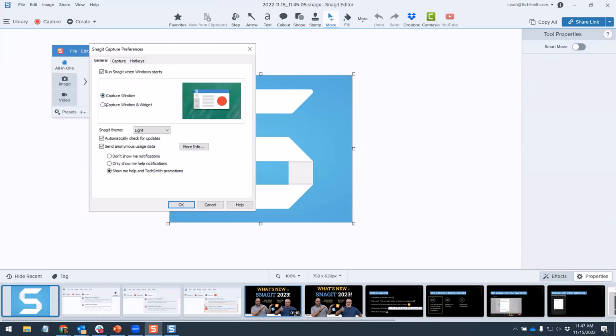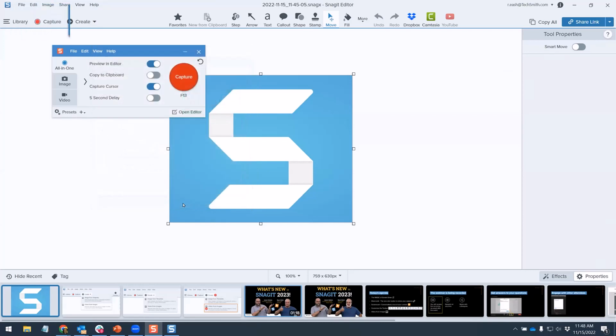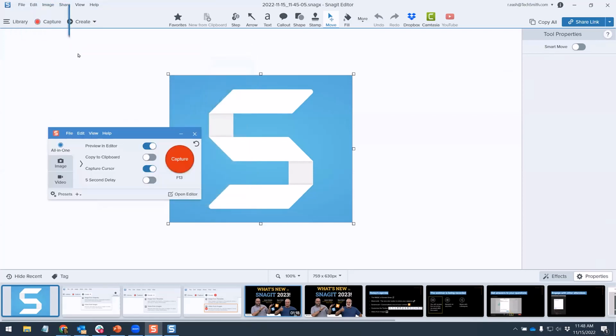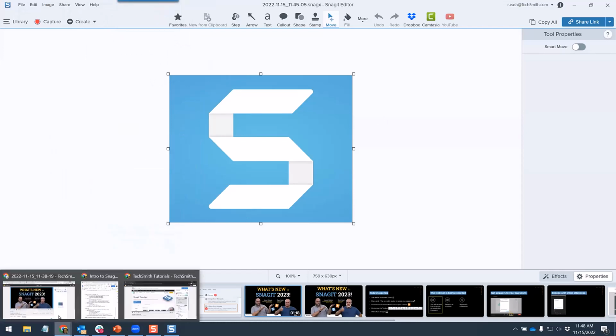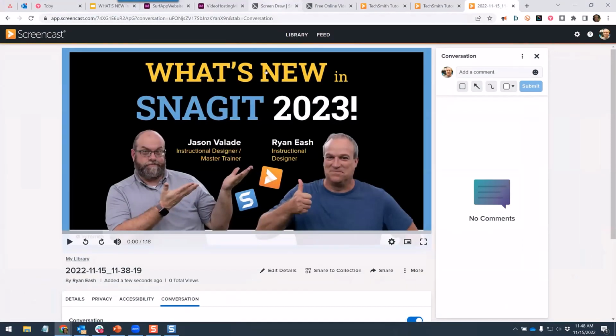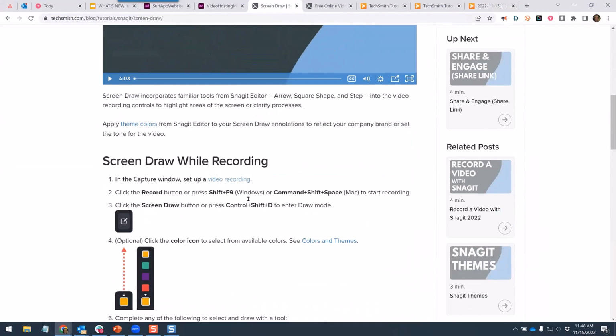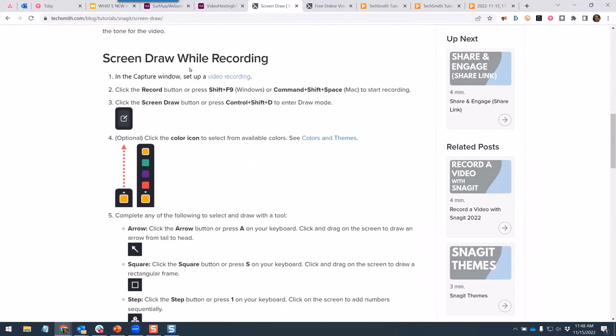But if I select this capture window and widget and click OK, I now have, I don't know how well this is going to work within Zoom. Okay, so let's see. It's this guy right here. I can dock it anywhere on my monitor. So now I can have this minimized. And if I'm out on a website, let's go over to this website here, and I wanted to take a screenshot of this, I can just hover over up at the top. I have my capture button, click it,